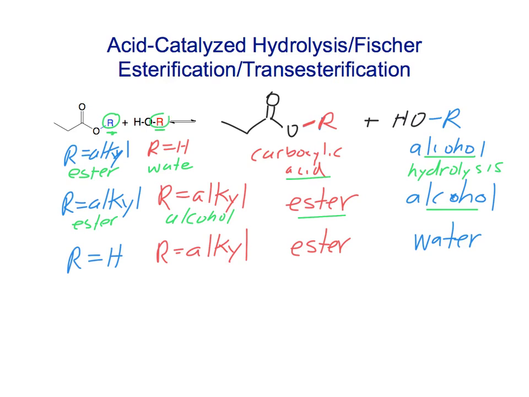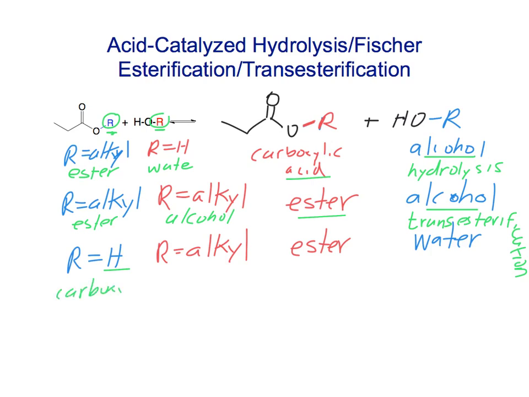This is called a transesterification reaction. We're just changing those two groups. And then the bottom possibility, blue R is an H, so this is a carboxylic